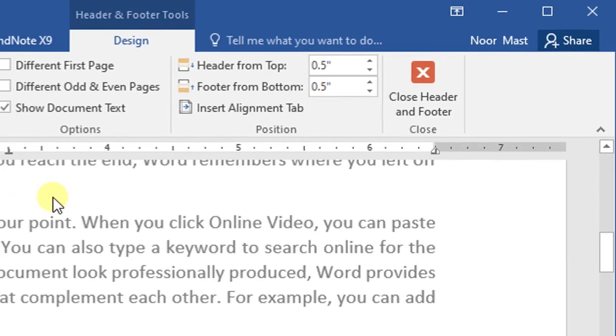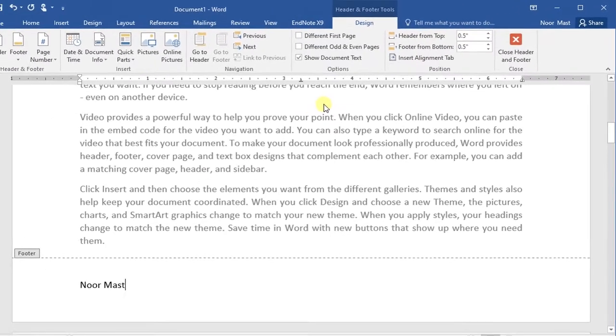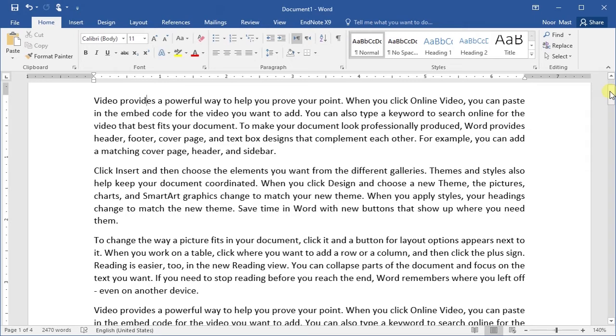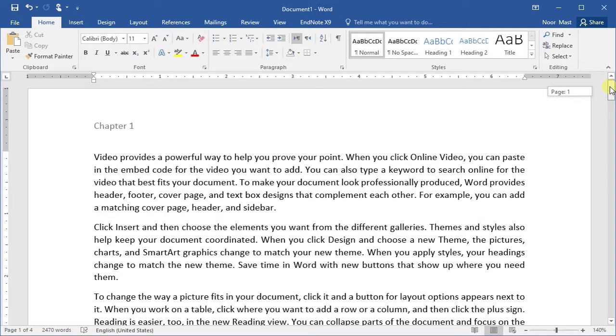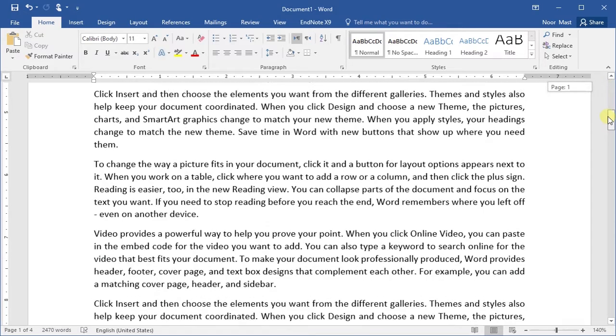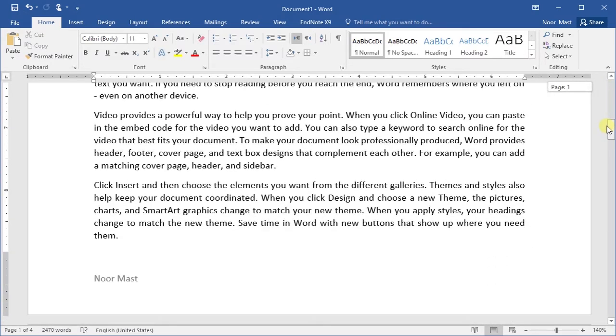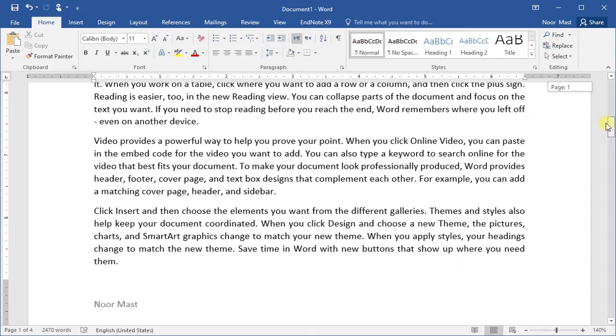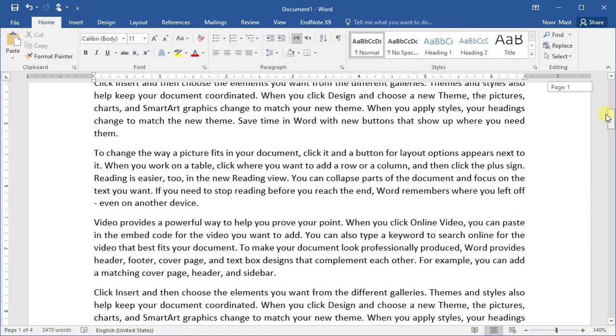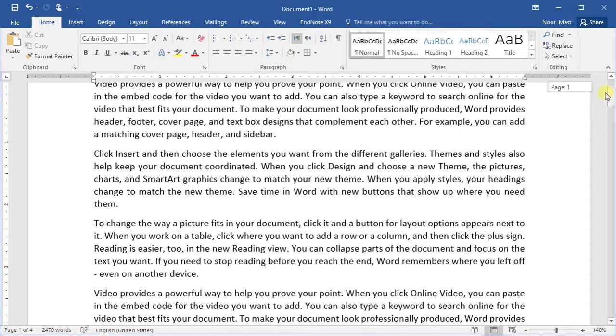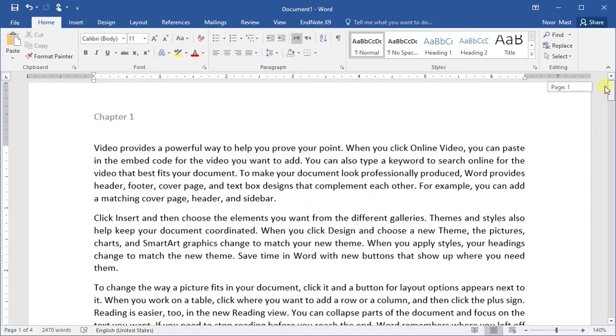So press the escape key. And the information we have entered is now available in the header and footer section. So in this way we can add the header and footer, and whatever type of information you want you can add.